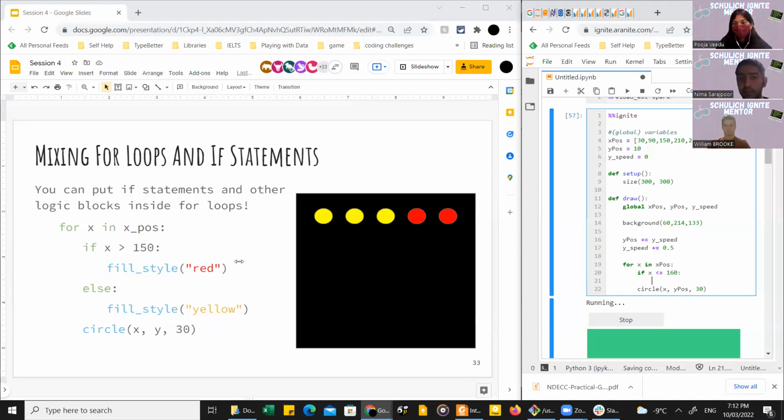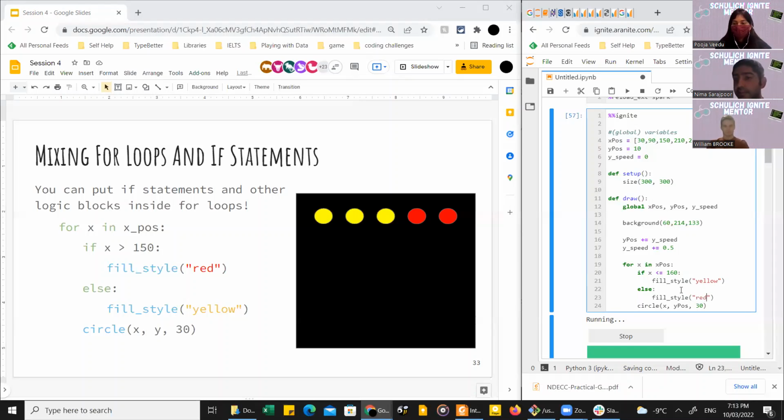You want to make sure that the three are yellow. You can say fill style yellow. So let's do double quotation. It doesn't matter, but I use double quotation. And then else, if not, then do fill style red, right? So if it is less than 160, make it yellow. But if it is else, meaning it is bigger than 160, we want to make it red, right? If I run this,